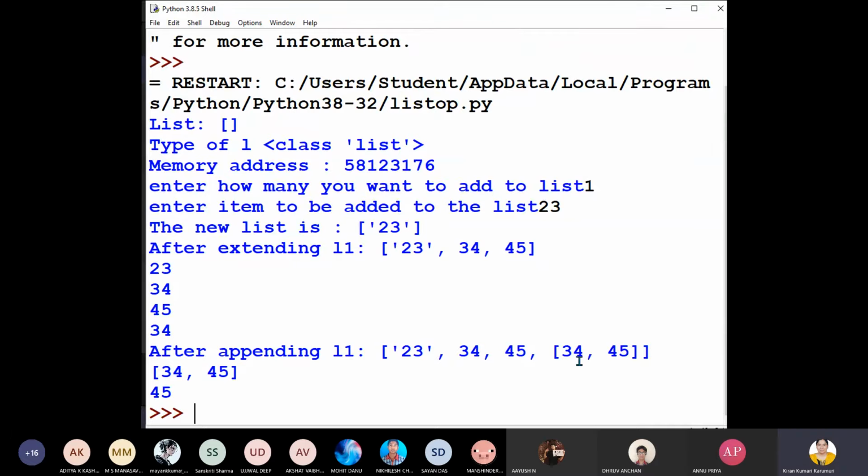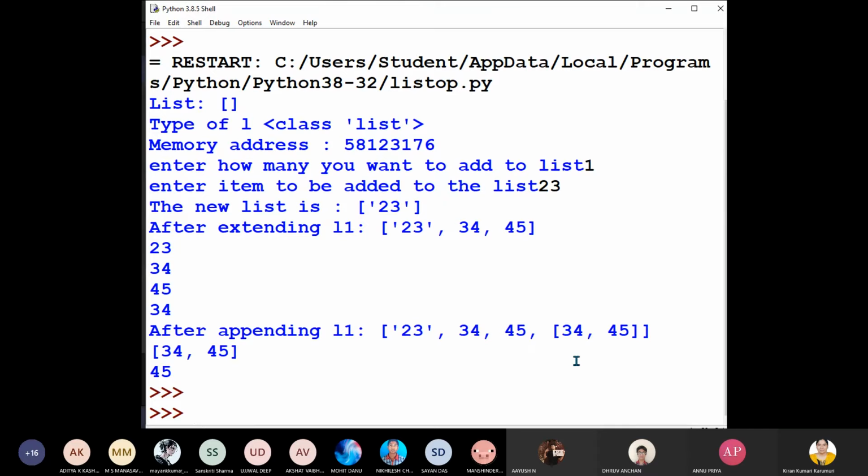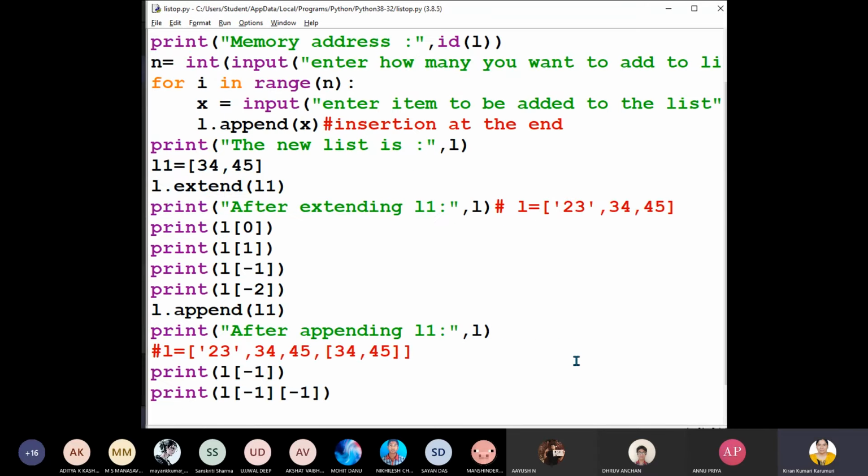Can you all see the output, children? Yes, ma'am. Even if you display 1 also, because for this sub list, 0th index, first index, so first index is 45.